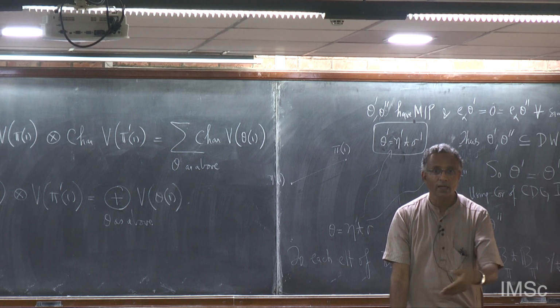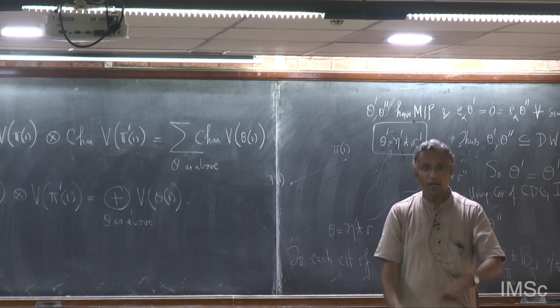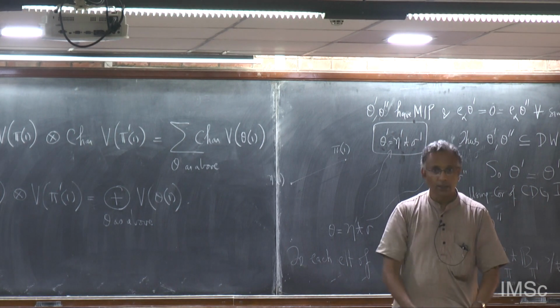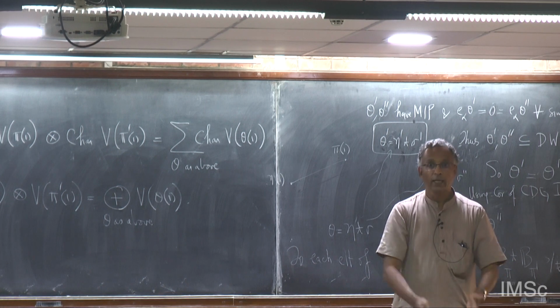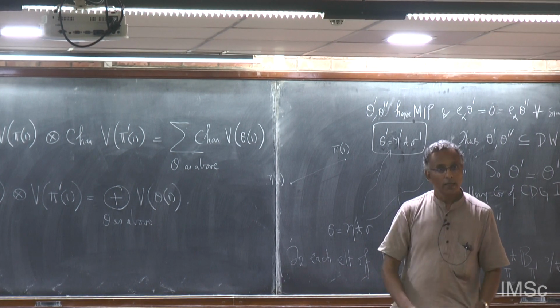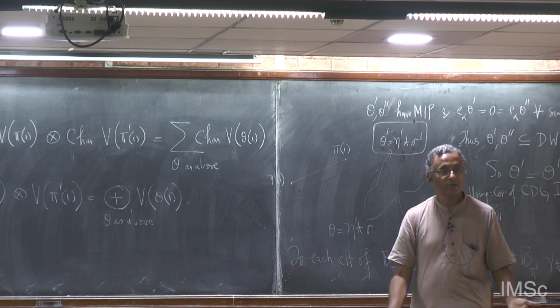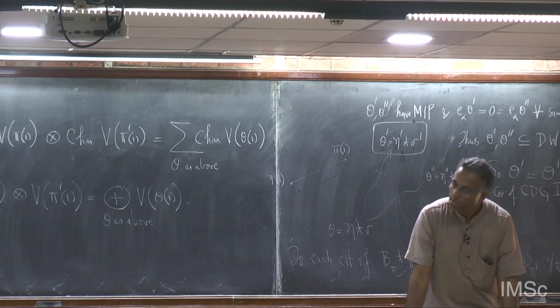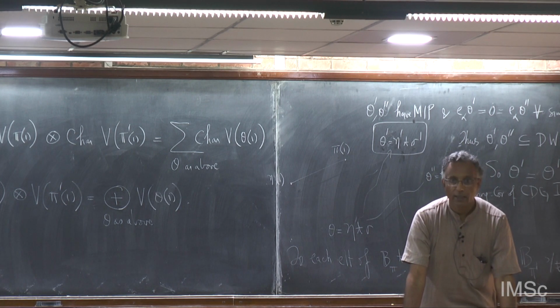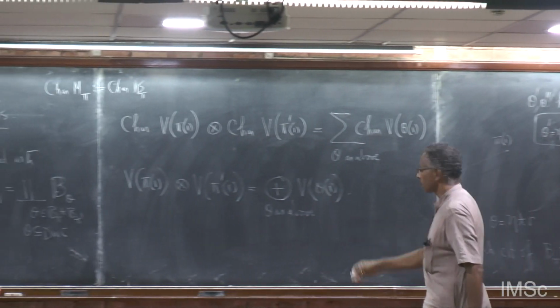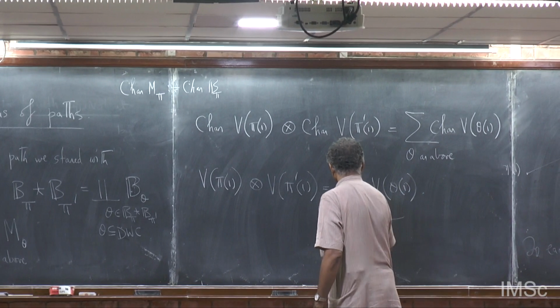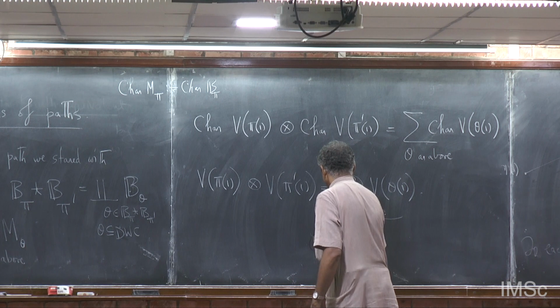If it lies completely in the dominant Weyl chamber, it means E alpha vanishes on that. There is a unique path in B pi on which all the E alpha vanish, namely pi itself. So theta as above, you can write it as pi concatenate